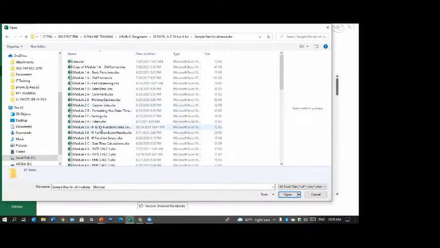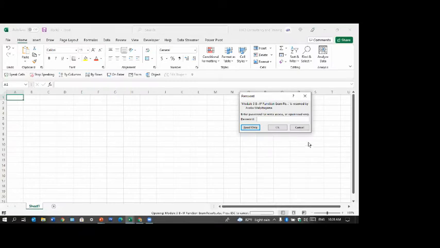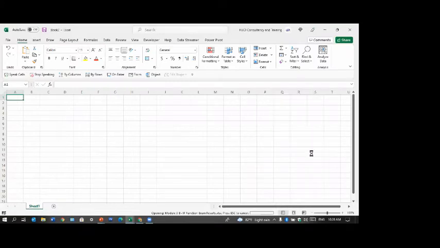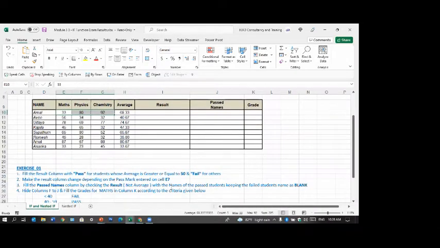Number 3B, function exam results. Click on the read only button. So here I have the average function. If you say equal average and select these 3, you get the average here. That I have done. The question is, fill the result column with pass for students whose average is greater than or equal to 50 and fail for the others.